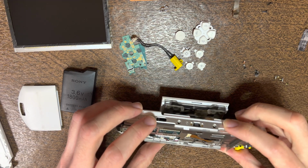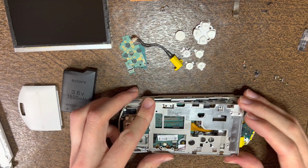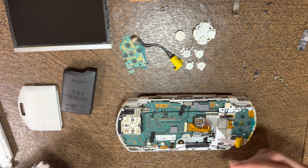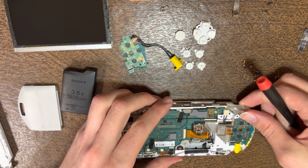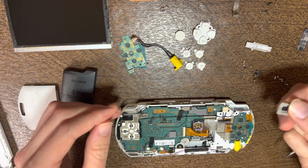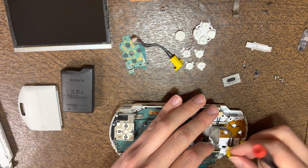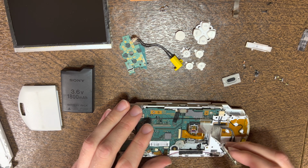And for the frame, you're gonna pull the open tab, lift up, kind of slide out. You'll have it like that, set it aside somewhere. Now you're pretty much done. You can lift the R button out, lift the R rubber out, then you get to the power switch, twist it off, flick that tab up,